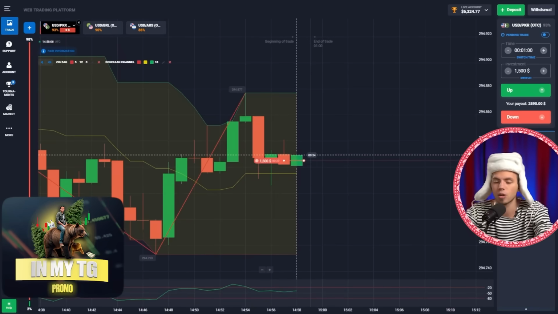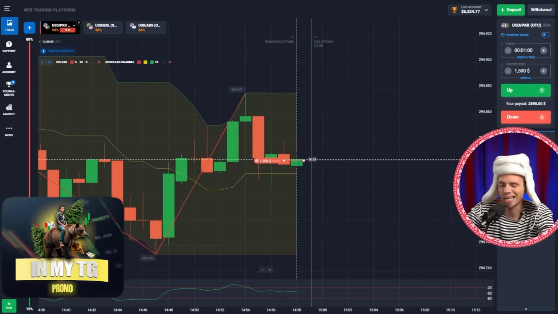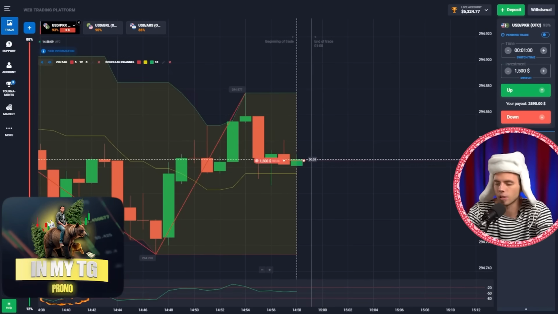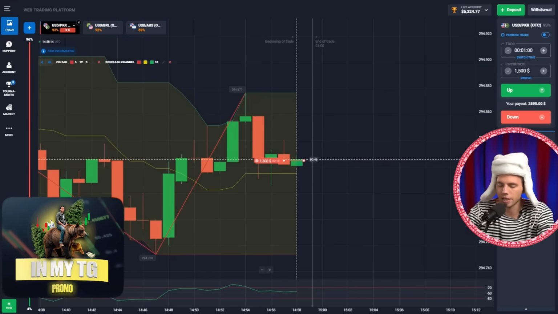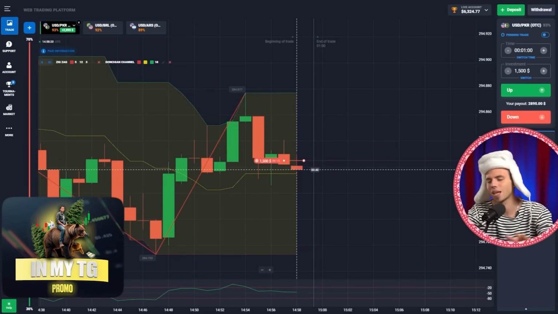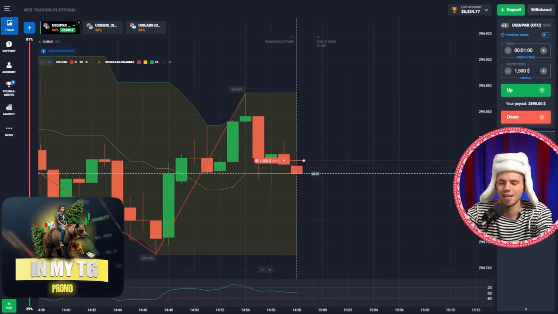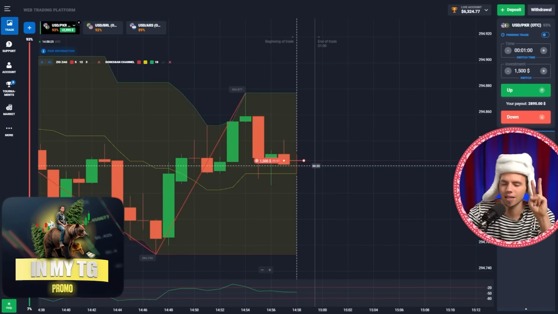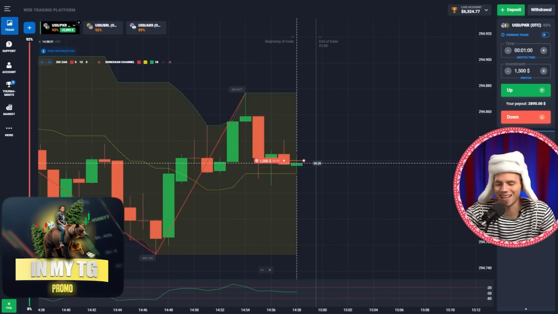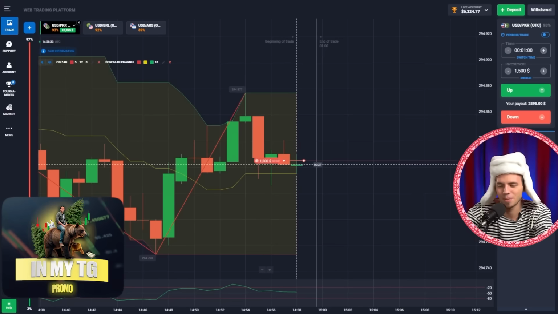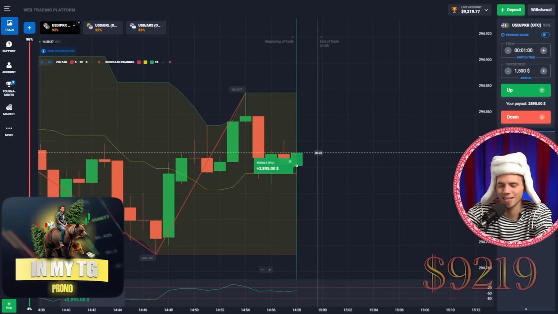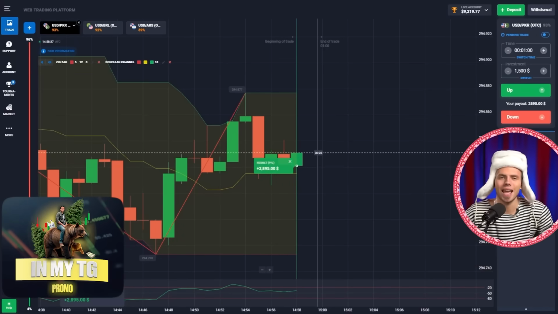So guys, we are moving closer to this very strong support level right now, I mean the middle line, but nevertheless we're going to break it out. We're going to break it out and we're going to see really good profits by the end of our trading session. Let's just be patient, guys. Be patient, don't be greedy, follow my advice. Three basic rules of a golden trader, okay? A bit more, okay, perfect. $2,800.